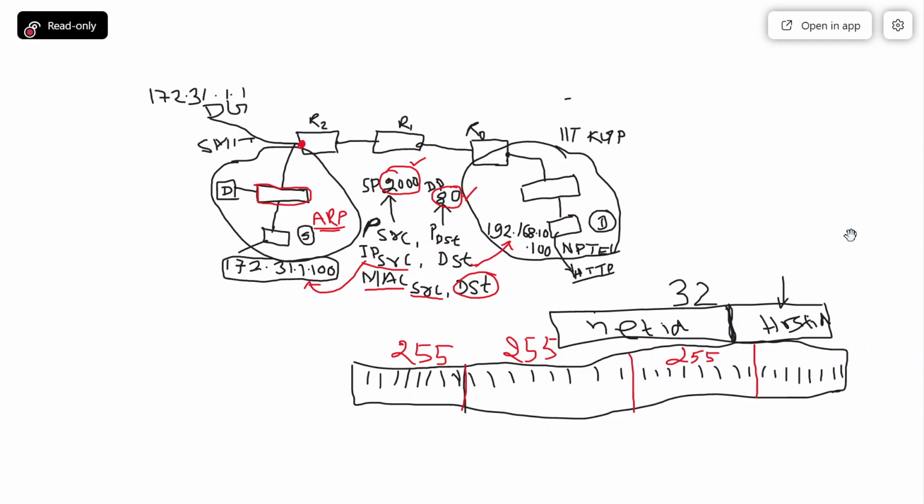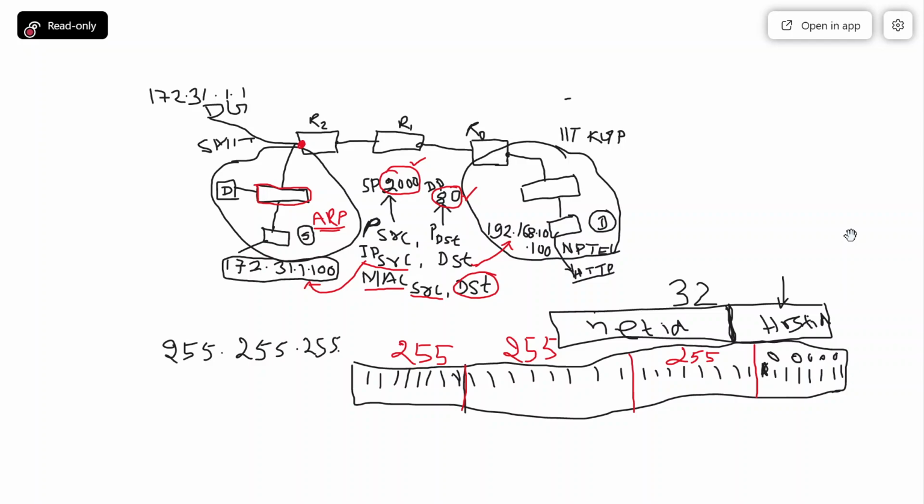And if the last octet is all 0, let's say it is not all 1 here, it is all 0, what will be the effective subnet mask? 255, 255, 255 and 0.